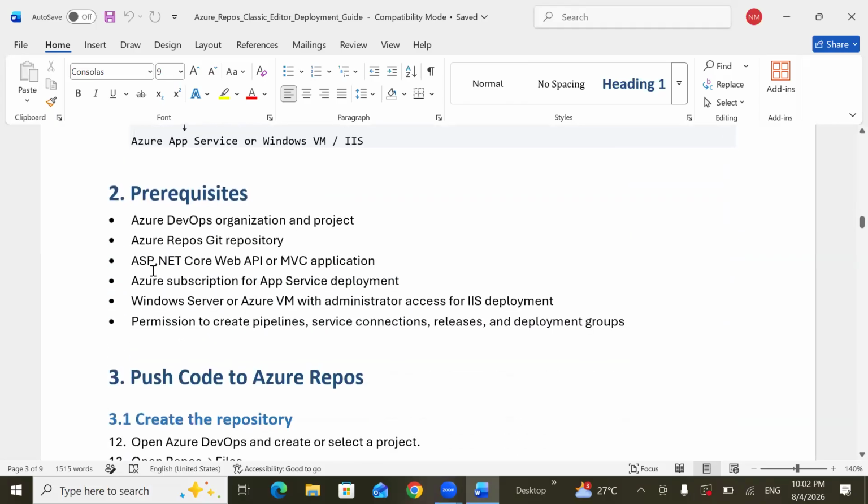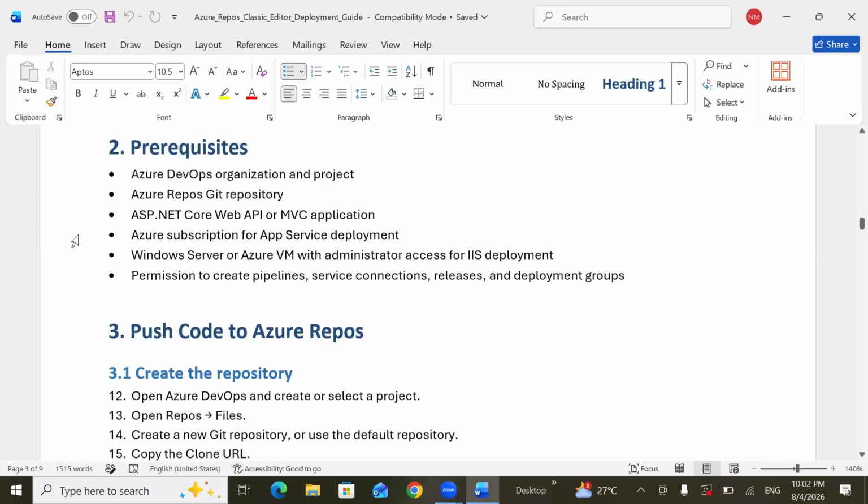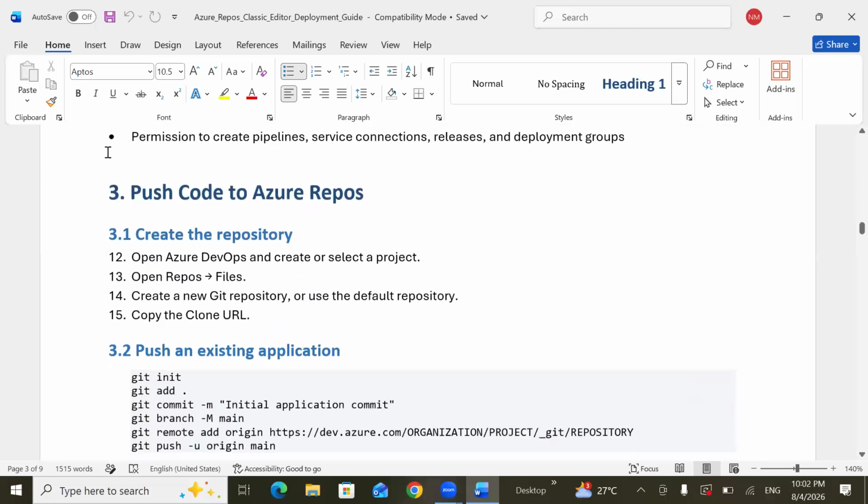For that, what you need is an Azure DevOps organization, project, Git repository, Web API or MVC application. You also need Windows Server or Azure VM with administrator access, and permission to create pipeline, service connection, release, and deployment groups. So these are all the prerequisites we require. And then first we are going to create a